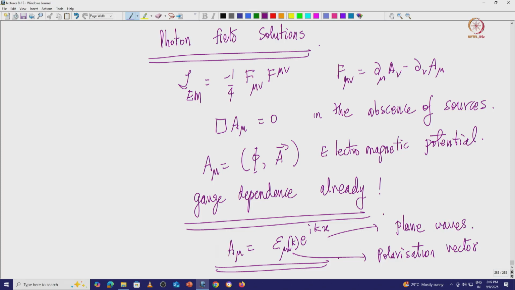Okay. This is the kind of solution that we want essentially. You can write it in terms of some wave with the polarization vector corresponding to it. This polarization vector is an important thing because it tells you how many polarizations a photon can have, and given that the photon is massless,